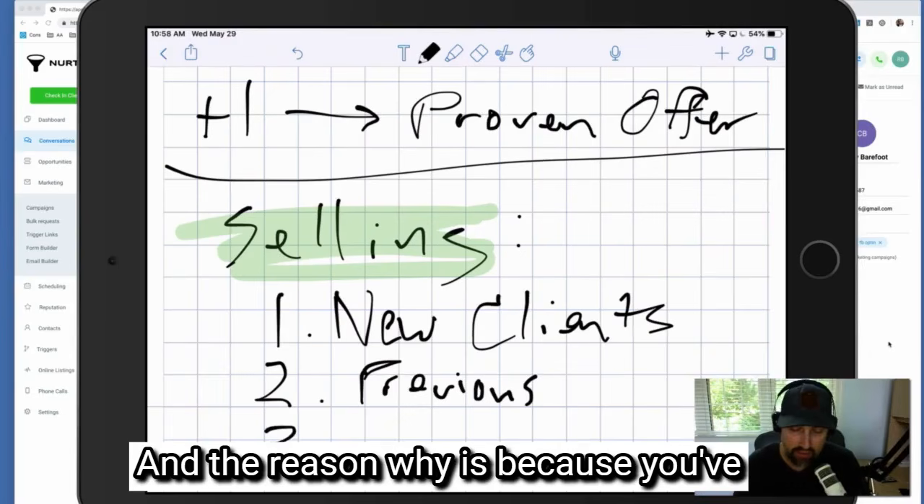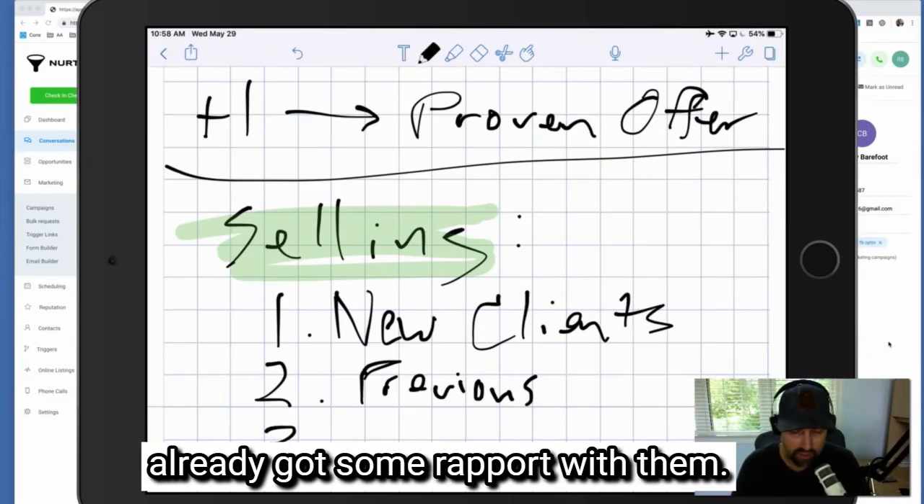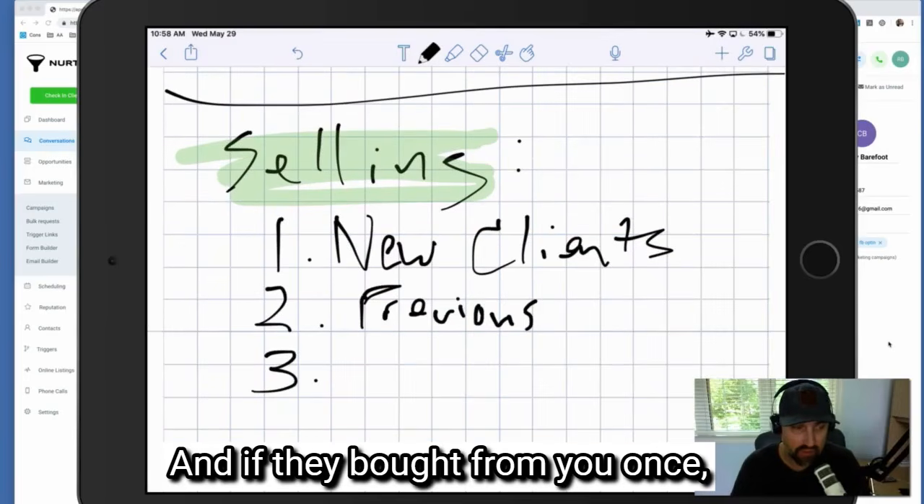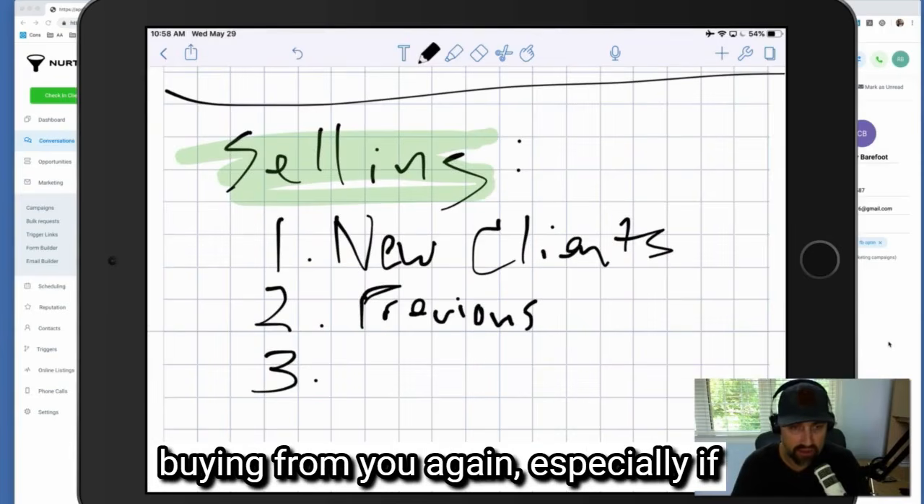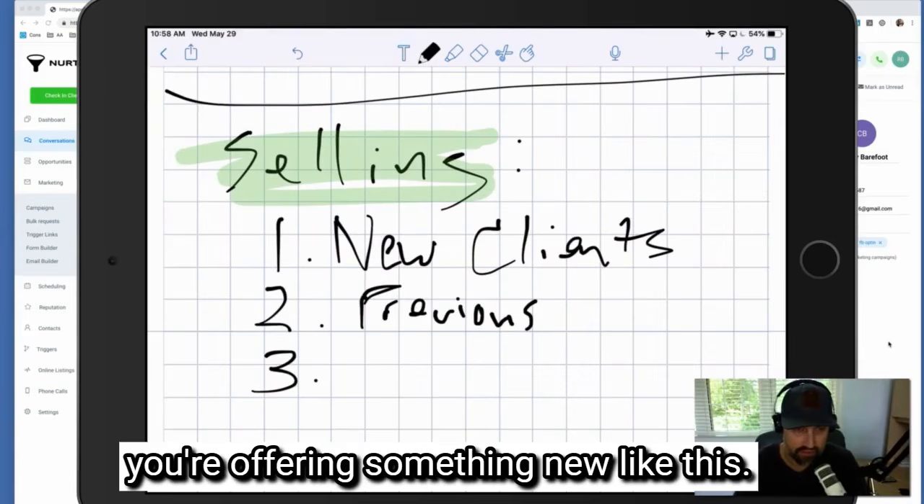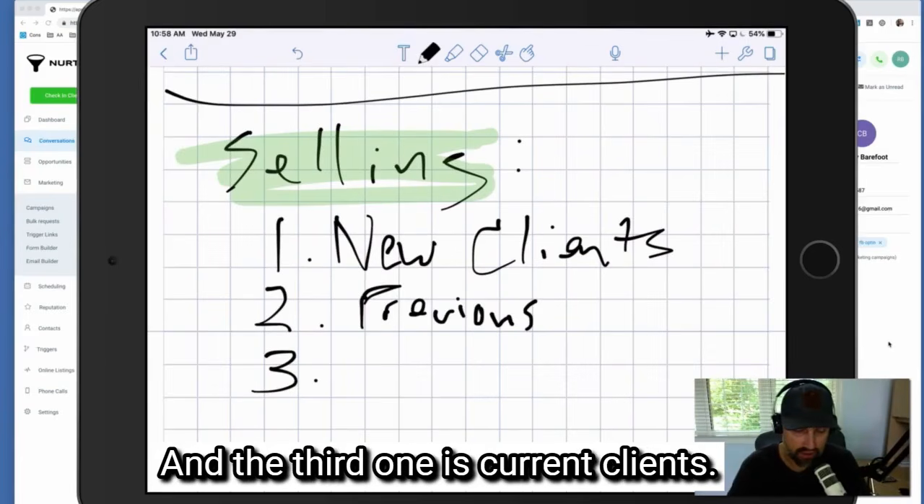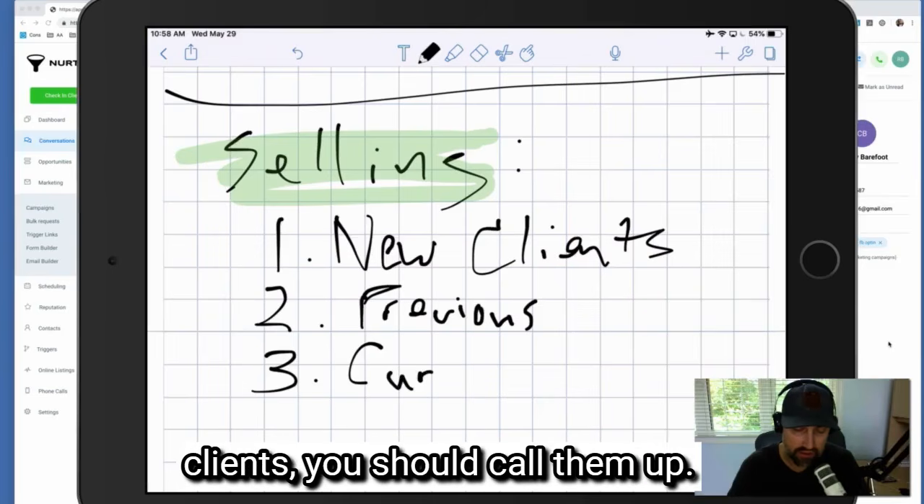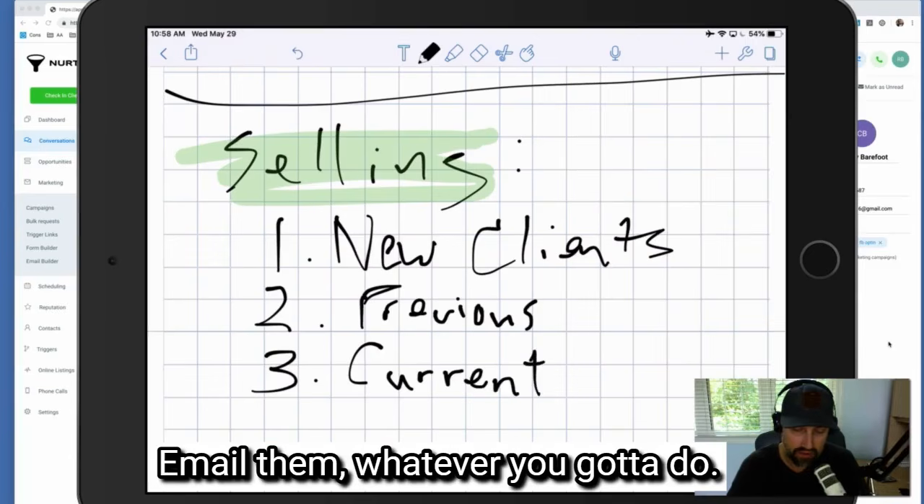The reason why is because you've already got some rapport with them, and if they bought from you once, they have a much higher likelihood of buying from you again, especially if you're offering something new like this. And the 3rd one is current clients. So if you have any current clients, you should call them up, email them, whatever you've got to do, get